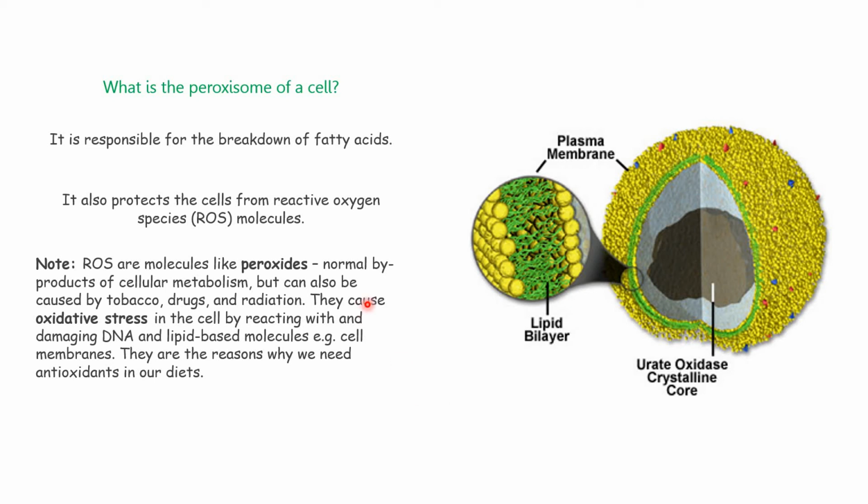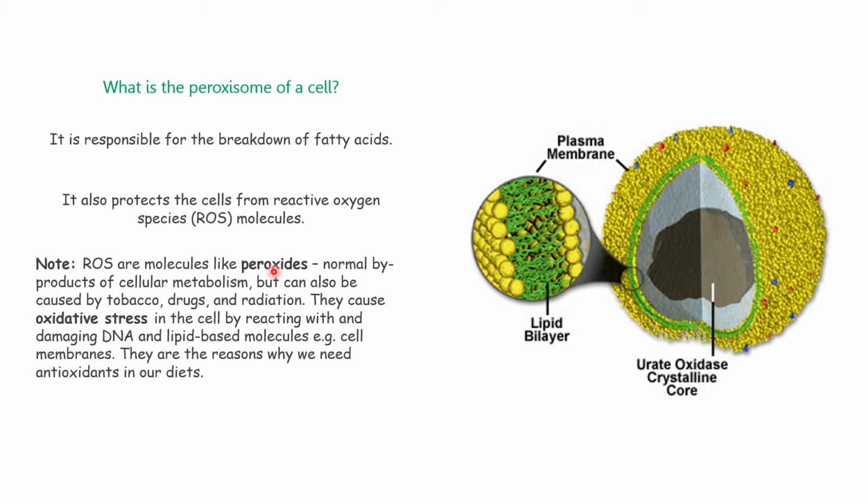Natural lang na mag-produce yung processes na yun ng peroxides. Kaso, if a person is smoking tobacco or taking drugs or is exposed to too much radiation, pwede siya mag-produce pa ng mas mararami, mas